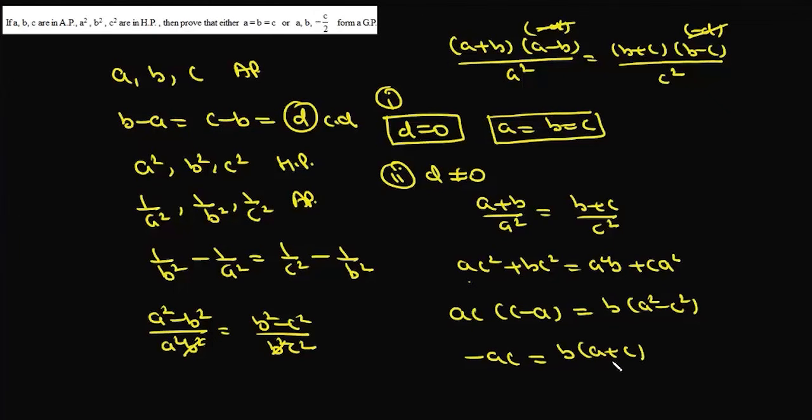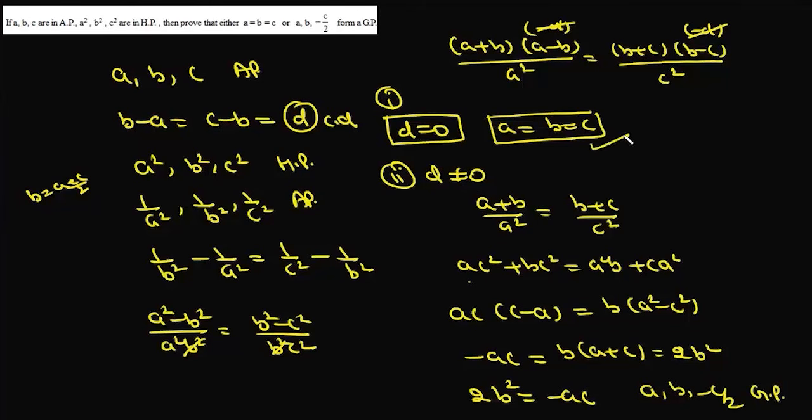And since a, b, c are in AP, we can write b equals (a plus c) by 2, or a plus c as 2b. So it will be 2b square. So we'll get this condition that 2b square equals minus ac, or a, b and minus c by 2 form a GP. So we'll get two conditions, either a equals b equals c or a, b, minus c by 2 will form a GP. Now the question is, if a, b, c are positive real numbers, then prove that